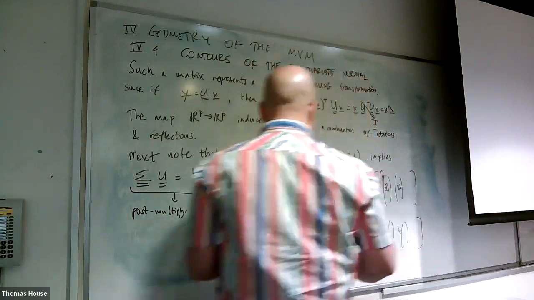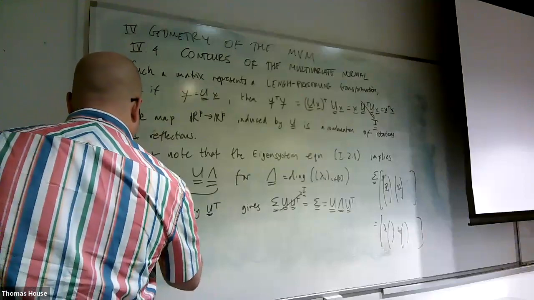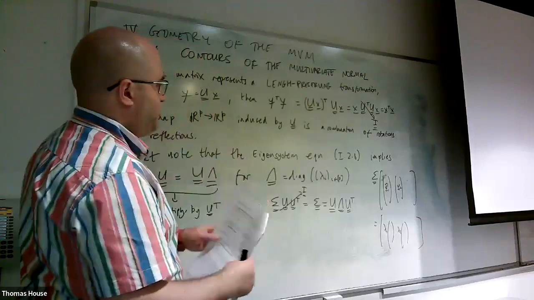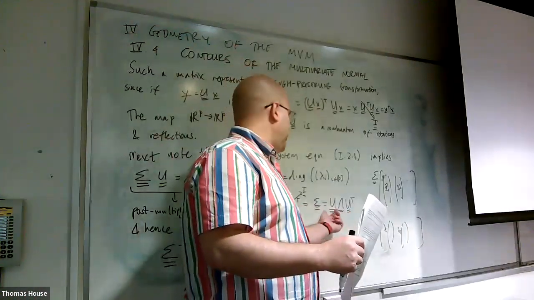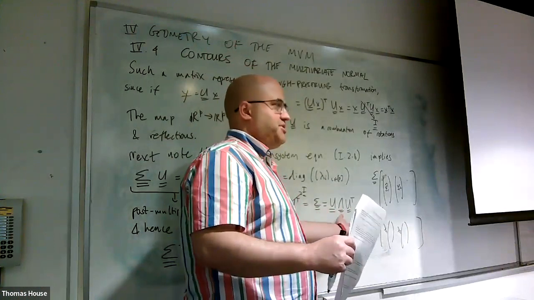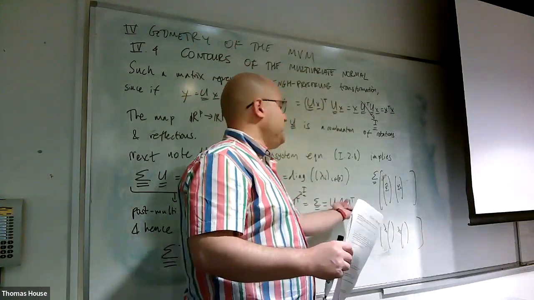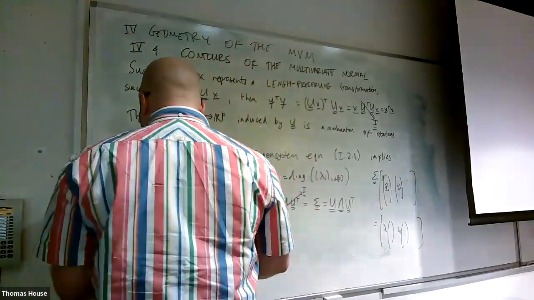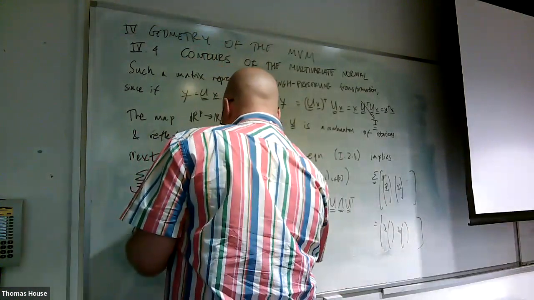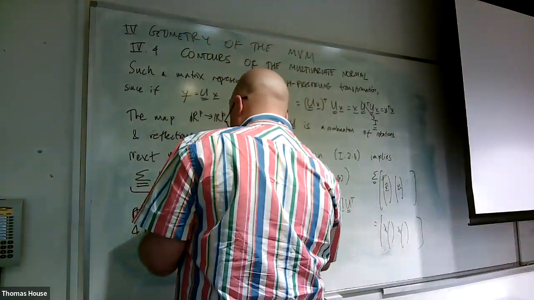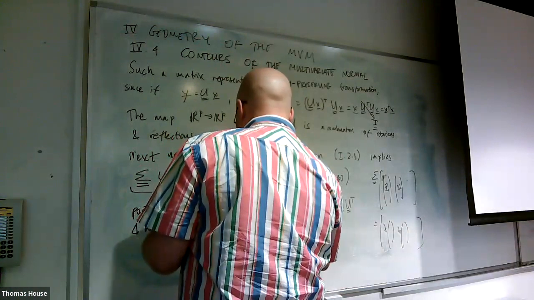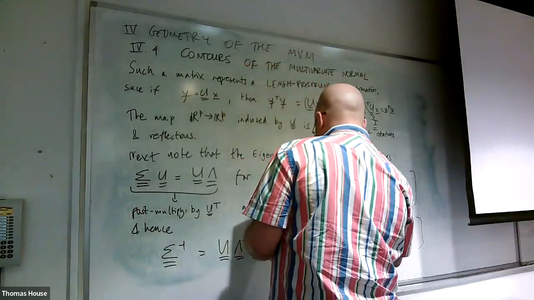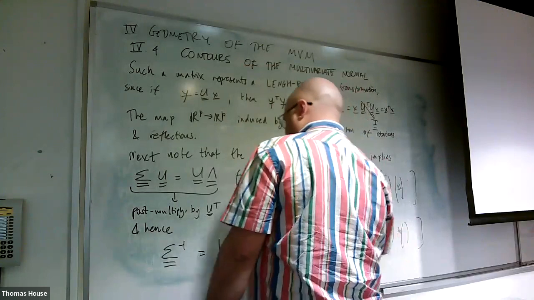And hence sigma inverse, and remember when you want to construct an inverse, if the matrix is a product, you can construct the matrix inverse by just thinking about how that product has to act. Sigma inverse is U lambda inverse U transpose, and I'm going to call that equation